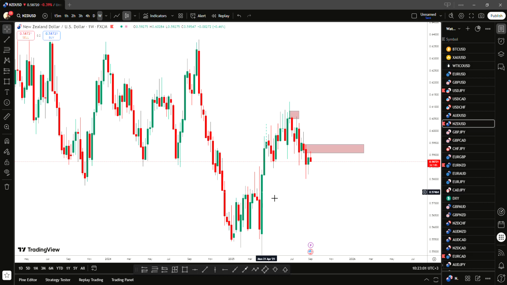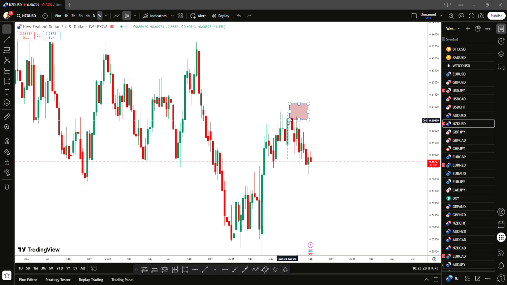Now, NZDUSD, where did I want to show? This one here. I wanted to show you up here. This is NZDUSD. This is an evening star. However, this is not an evening star that we would want to trade, but it played out well. For those of you who don't know the meaning of evening star, it's simple. It is a reversal pattern, and if it happens on time frames like the weekly, you are in for a